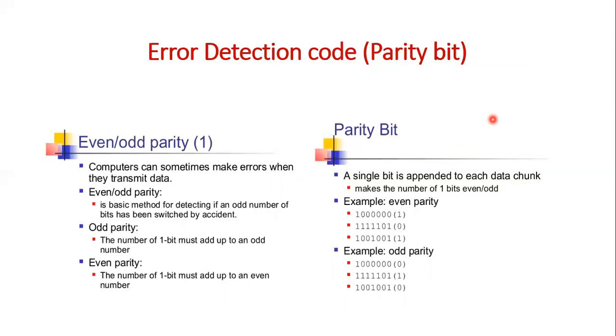Next, error detection code. The binary information or the digital signal may be transmitted through the communication medium such as wires or radio waves. Any external noise introduced into the physical communication medium changes its bit values 0 to 1 or 1 to 0. An error detection code can be used to detect errors during the transmission.